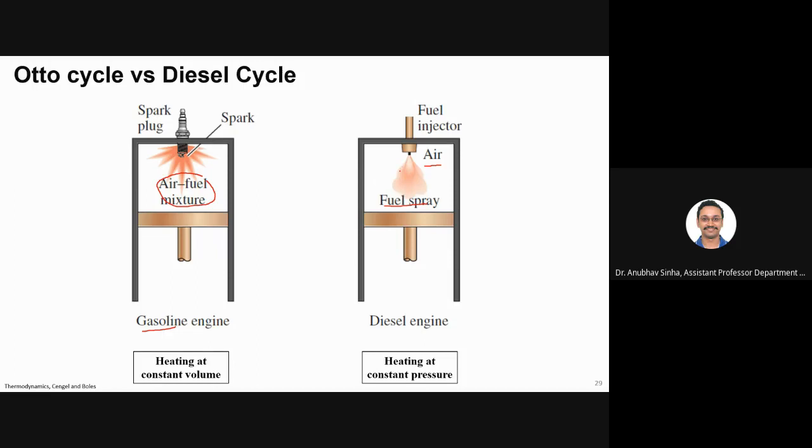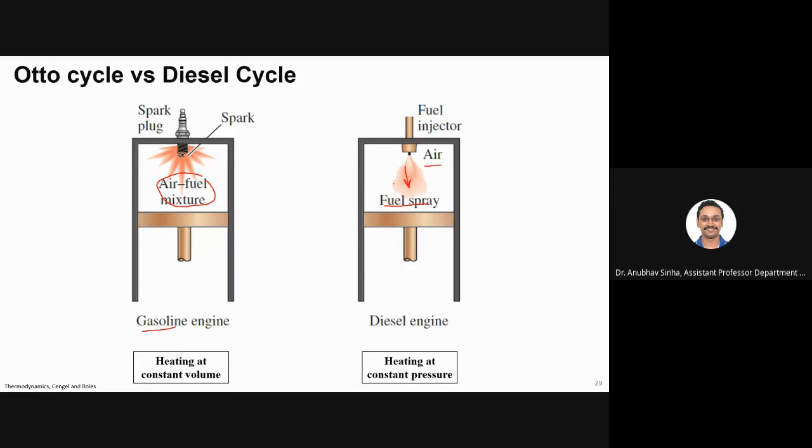It is basically called auto ignition. For example, you have heard of phosphorus. Phosphorus burns if you expose it to air, so the auto ignition temperature of phosphorus is quite low. Similarly, all fuels have auto ignition temperatures. The idea is that in a diesel engine, we reach that auto ignition temperature and then we inject. As soon as the fuel spray comes out, it starts burning; it catches fire.